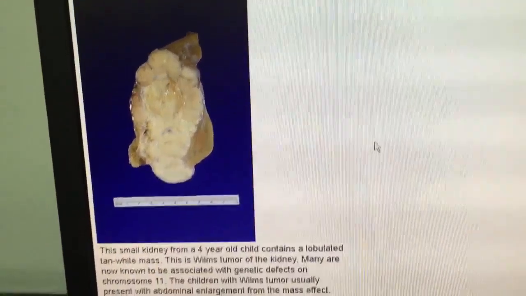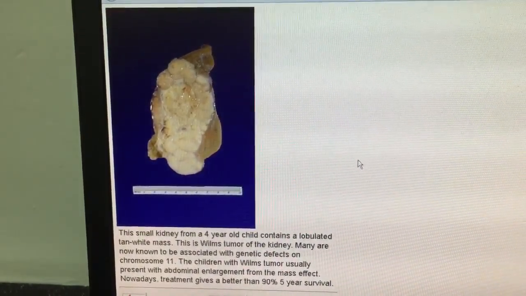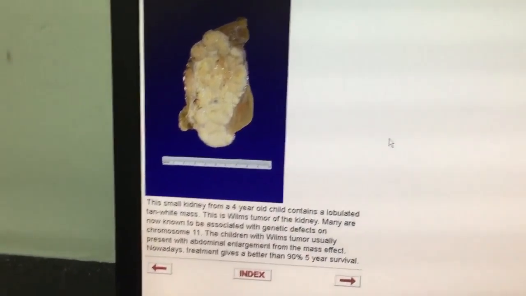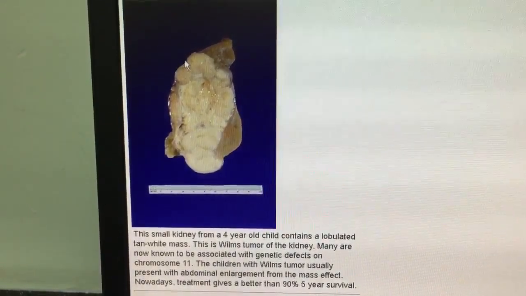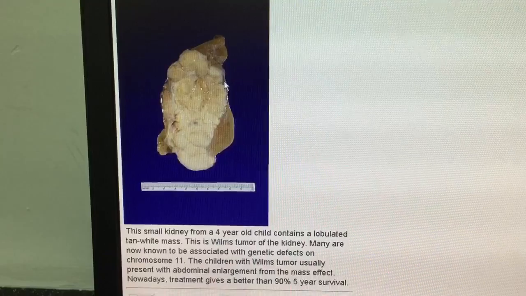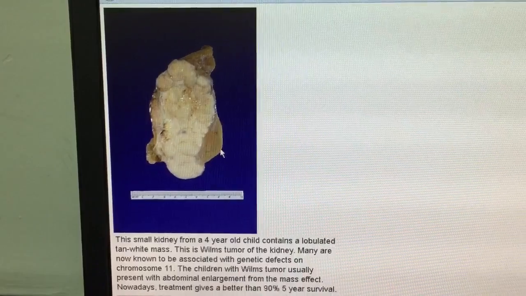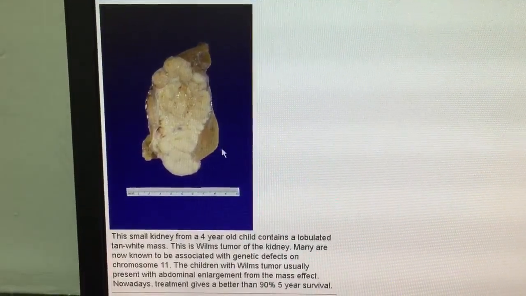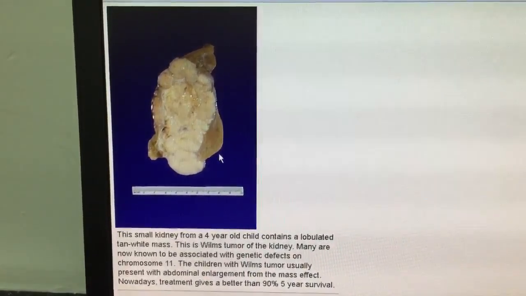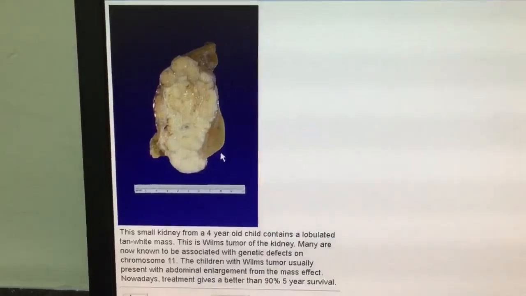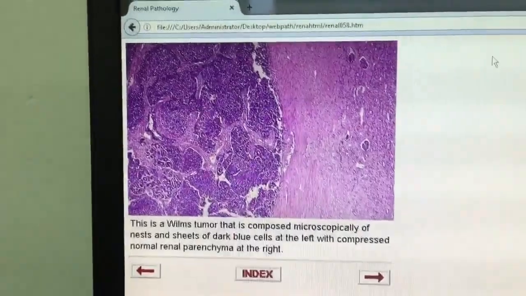Another example of renal tumors, which is a childhood tumor, is Wilms tumor. Wilms tumor usually grossly appears as a lobulated white mass. This tumor here is seen replacing the entire renal parenchyma. Only a small rim of normal parenchyma remains. Usually, Wilms tumor is associated with a genetic defect in chromosome 11 and presents with abdominal distension. Microscopic examination